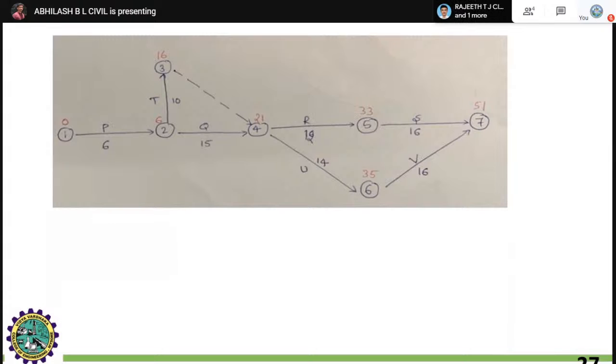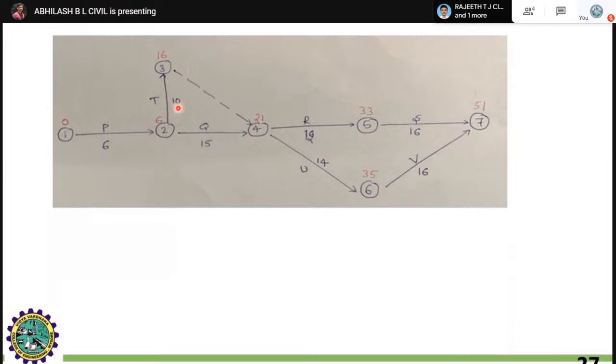Later on, you have to start with the early start time through to the finish time. You can just start with 0, the starting stage. You can mention 0, then 0 plus 6, that is it will take 6 days for the completion of this activity. This is the earliest time for the completion of activity P. Next, just wait, right? 15 plus 6 in order to complete Q, right? The Q activity should complete, hence 15 plus 6, you will get 21.